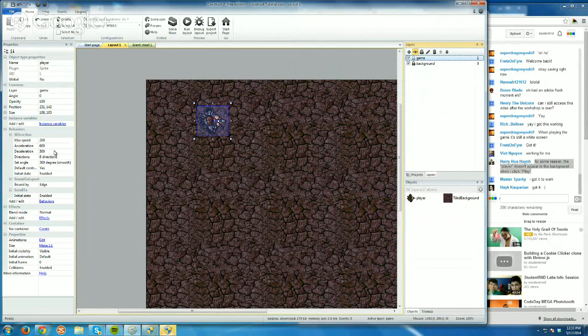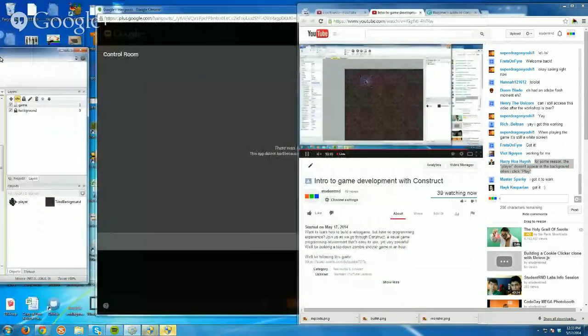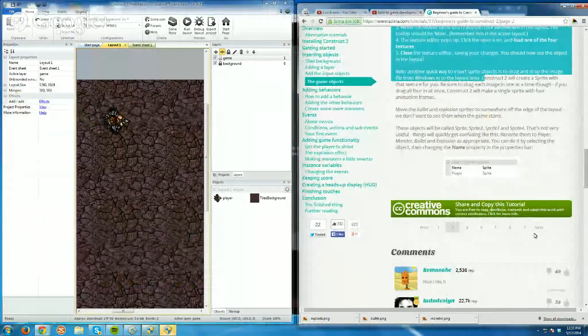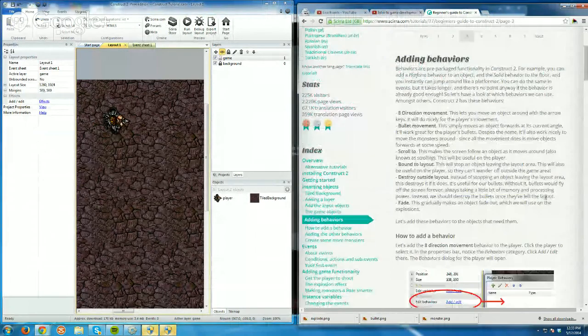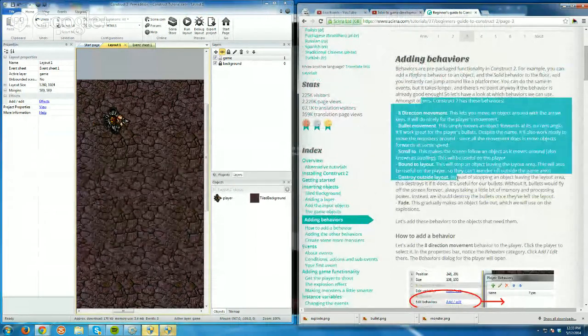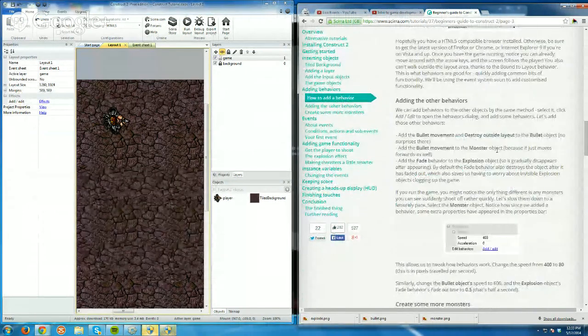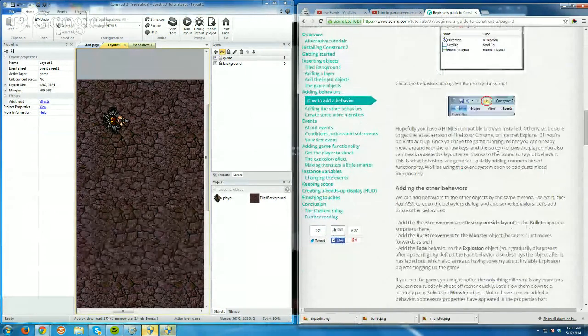Okay, let's keep going now. Next thing that we're going to do, and I'm just going to read through the guide just to make sure I didn't miss anything specific. Okay, we're done with page 2. Actually, we started adding page 3 stuff, the behaviors and so on and so forth. Okay, so now